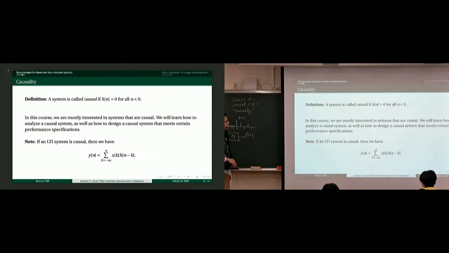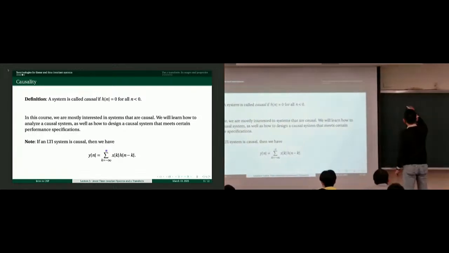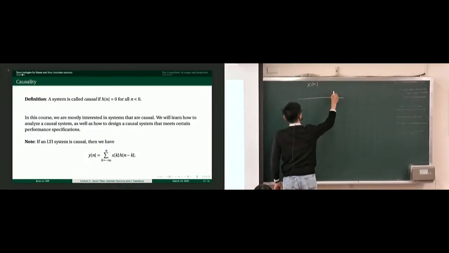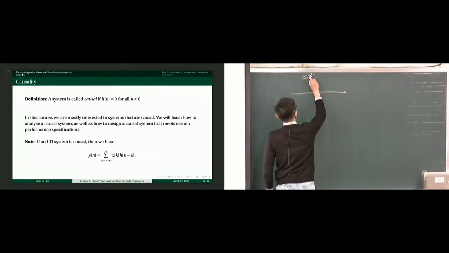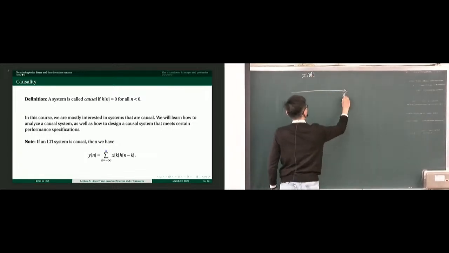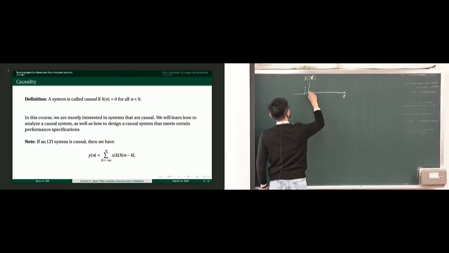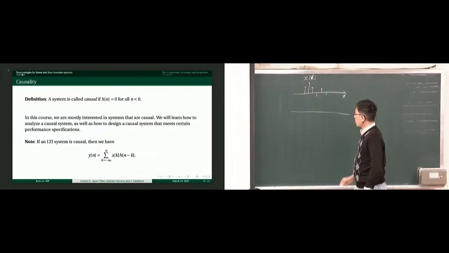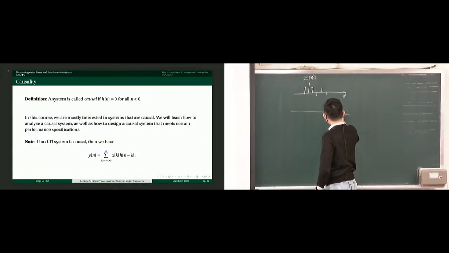There are actually so many ways to look at this equation. You can also think of this as if when we receive an x of n as our input, or let me say x of k, here you have an input signal and so on. And then what is the output? The output at any moment n